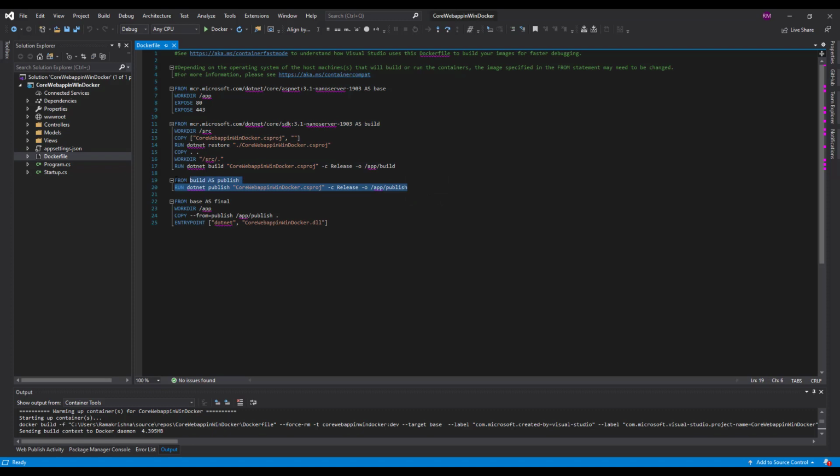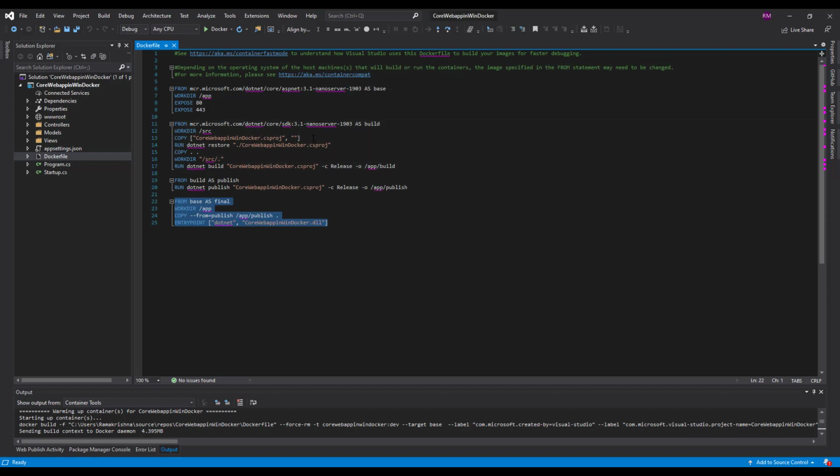Then the publish layer is created. Then the first base layer is used for the final layer. In the final layer, to build this Docker container, it only uses the minimal files needed for .NET Core and excludes the other files used at the time of building. So it contains a minimal amount of supporting files to run our application.